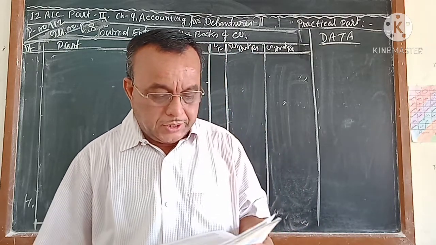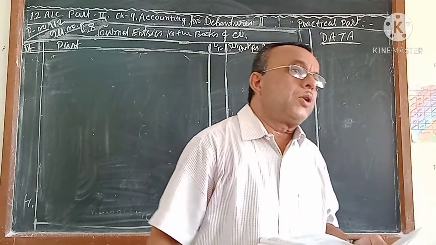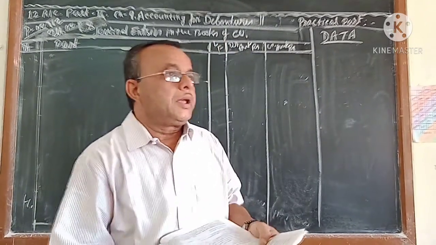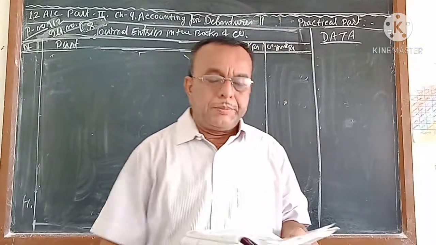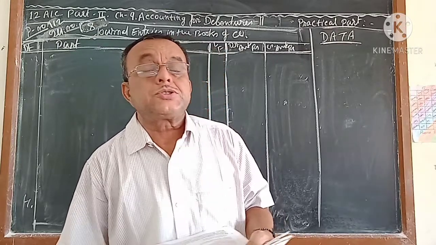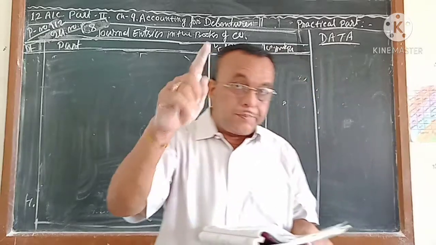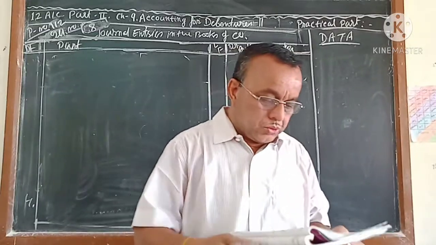With application 100 including premium. Now, with application the company is taking premium. Generally that type of sum does not come, but here it is given: with application rupees 100 including premium. The premium is how much? Premium is 10%. 10% of 200 comes to 20 rupees. That means the actual application price is 80 rupees. 80 plus 20 is equal to 100.